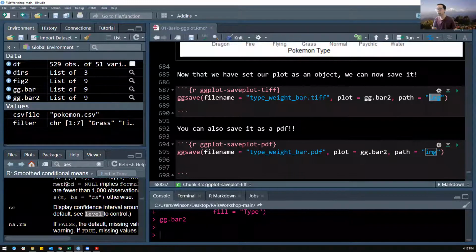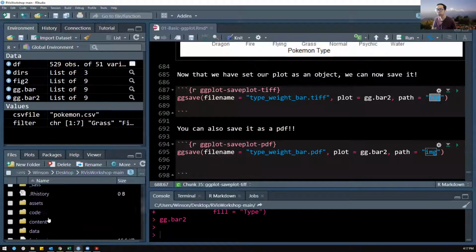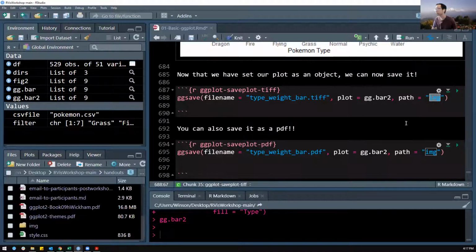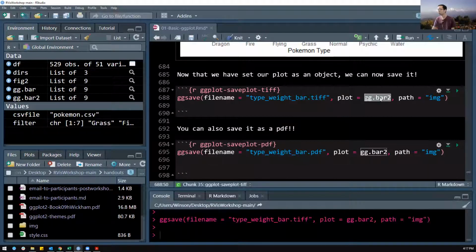So I don't think I have an image path set up. Let me see. Oh, yes, I do have an image path set up. It's in handout image. So you can save ggplot as different types. You can save as a TIFF, you can save as PDF, JPEG, PNG, and so on and so forth. So we just set the plot to ggplot bar2. The path, which is image, you can set it to anywhere else you want. The file name,